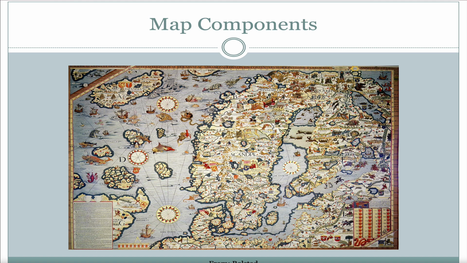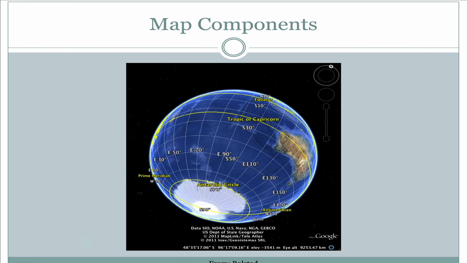There's also some sort of grid along the side and the top, a little broken out area up here, maybe something like a legend over in this area here, and some other things that we still might include in a modern day map. If we compare this map to a modern day map like this image from Google Earth, we